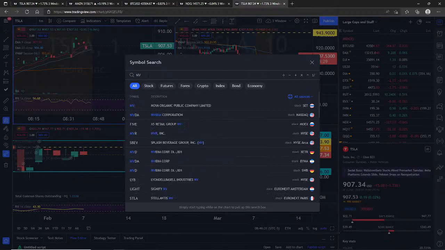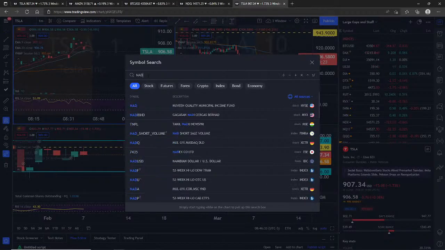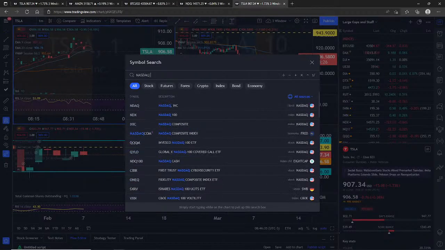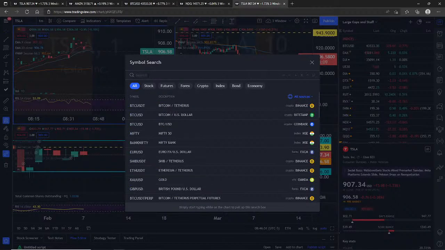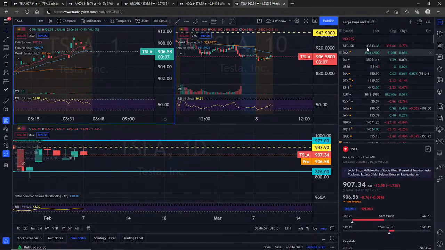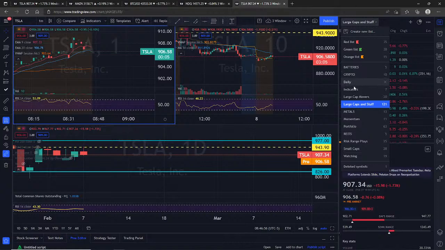I thought it was NVX. Might be a reason I'm having a hard time finding it. NASDAQ volatility. Why can't I find NASDAQ volatility? Well, I have it somewhere. I'll tell you what, how about this? I'll just go off of